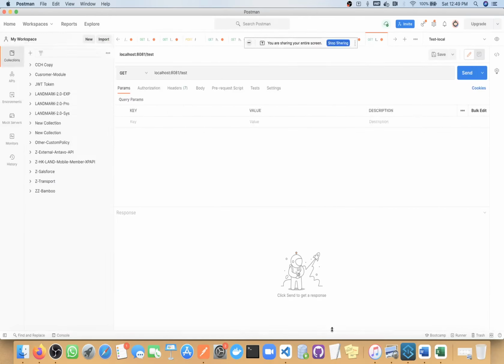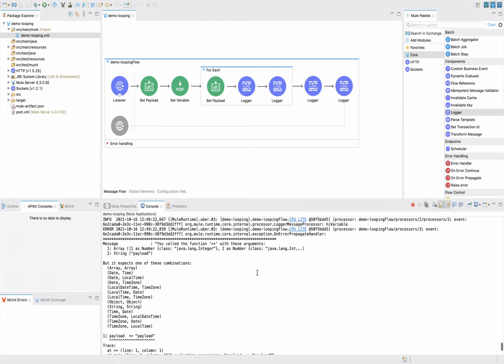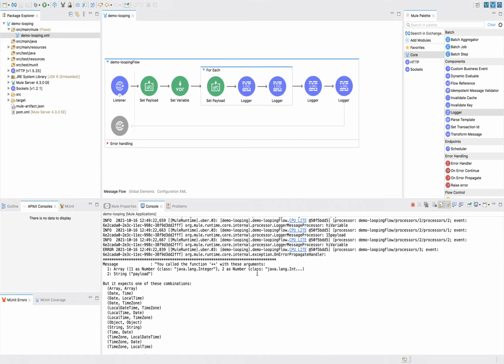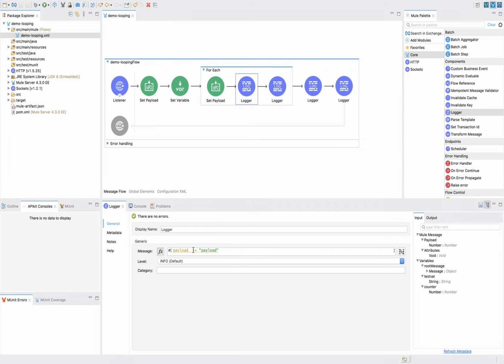Okay, deployment done. So now I will call this API. Okay, somewhere it failed. Array. Okay, you have one as a number, you called function plus plus with this argument. Okay, so this one will not work.